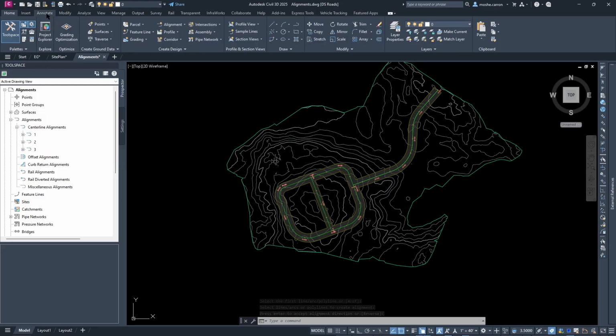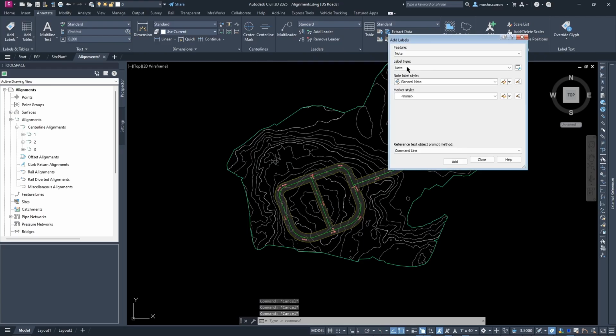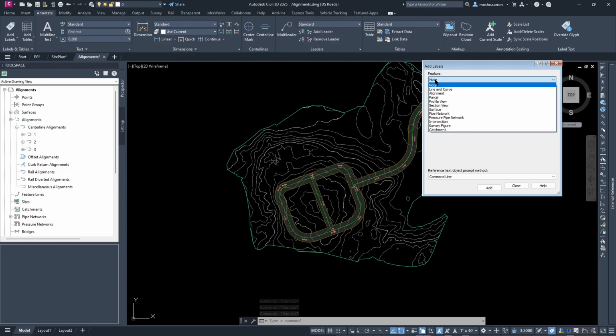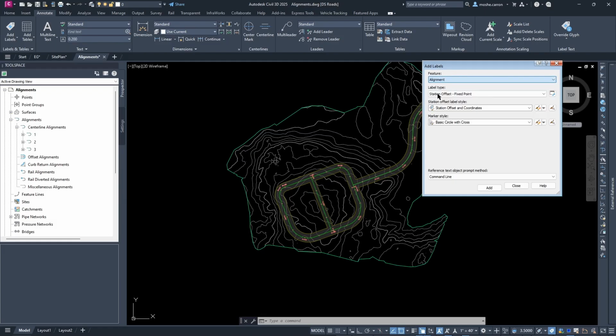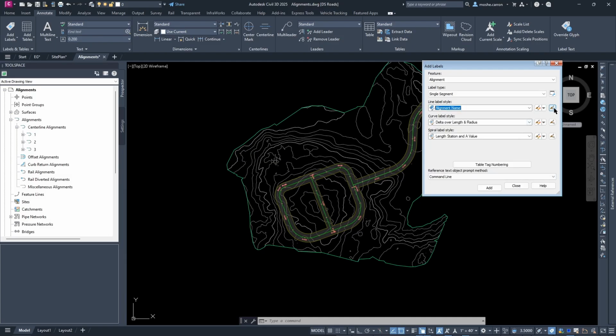One last thing I like to do, depending on how large your file is, you may have a lot of alignments. So what I like to do is come up to the Annotate tab to add labels. And since we're working with alignments in this case, I will choose my feature from my dropdown to be alignments right here. From there, I'll choose a label style. In this case, I'll do single segment. I'll select the line label style to be an alignment name. If I look at the preview,